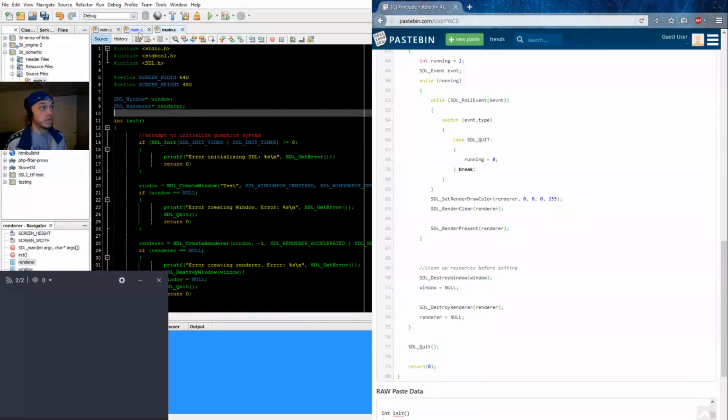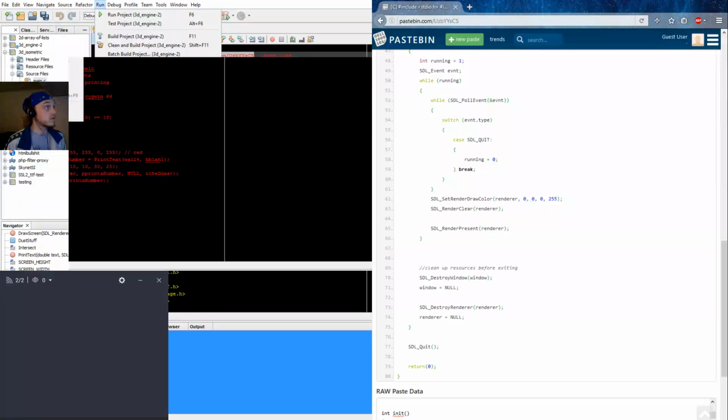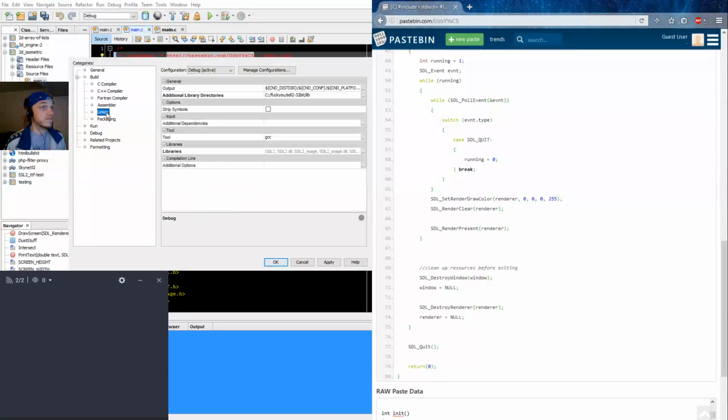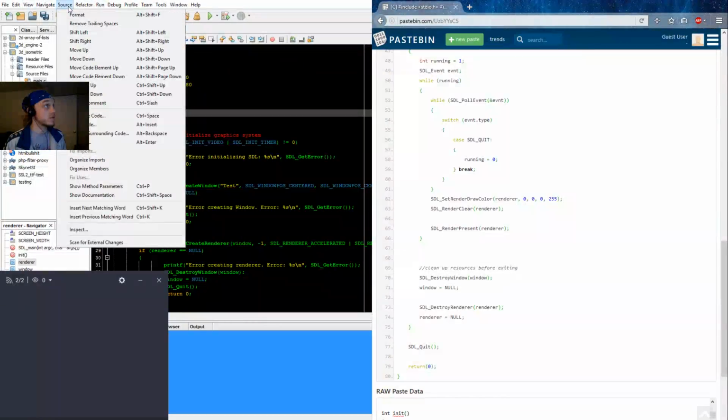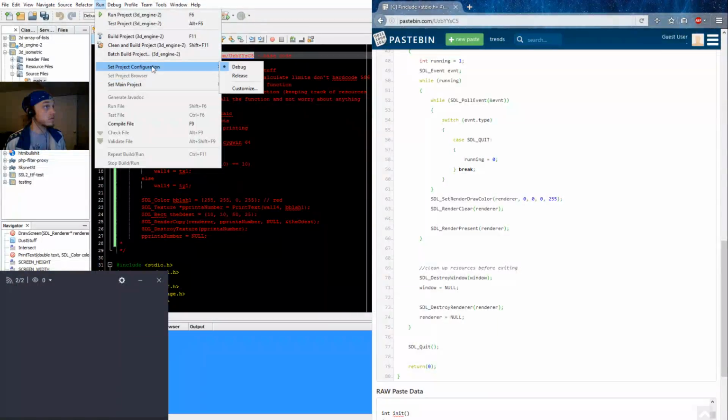Okay. Let's just go over here and look at the project configuration for this. So the compiler. Oh, and add the include directory. Then it should be good, right? That might actually be the add the library, not the library files, but add the library directory too. That's always a good thing to do. Alright, wait a minute. Run, configuration,